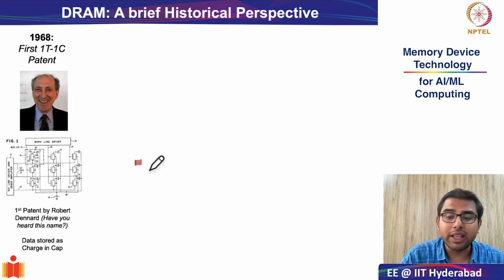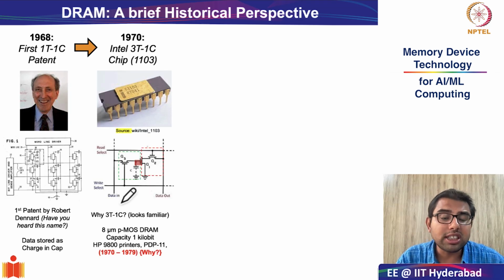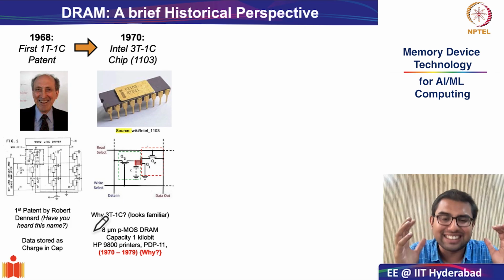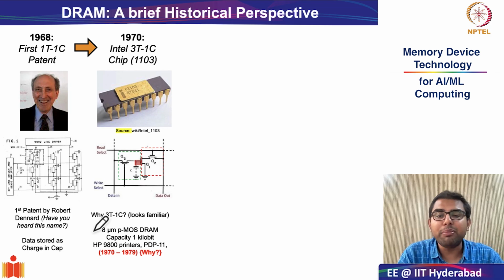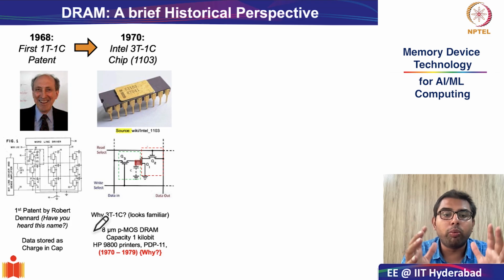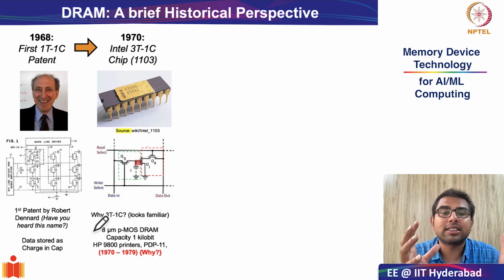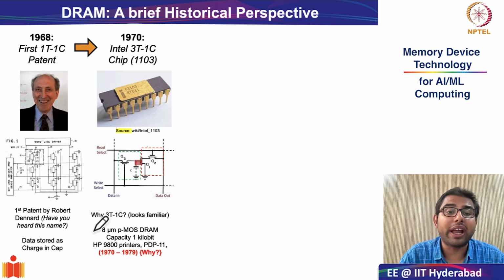Okay, and with this technology you were able to go and make the first 1 kilobit. Now it seems very ancient. Now we have gigabytes. But the first DRAM chip, which was an integrated circuit on its own, just had 1 kilobit of data, and it was fabricated from a PMOS design, which had a channel length of 8 microns.